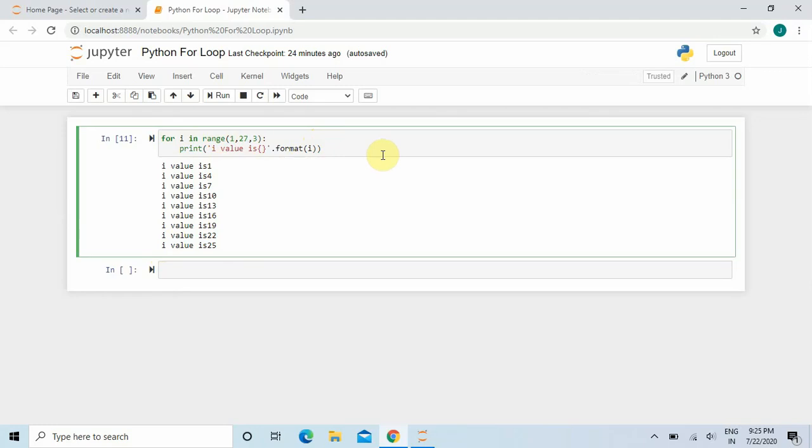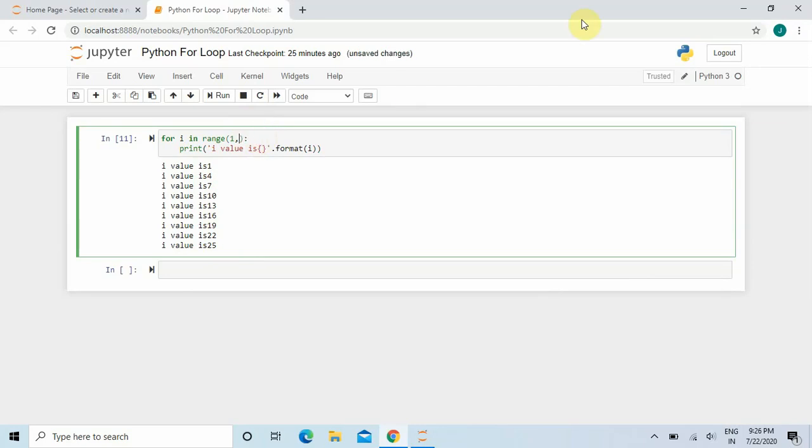Now suppose I want to print from I value is 25. Suppose the starting value will be 25 and the end value will be 1 or something like that. You can give any starting value or any end value and any increment or decrement number. Now if you want to print this whole output in reverse order, then what will you do?